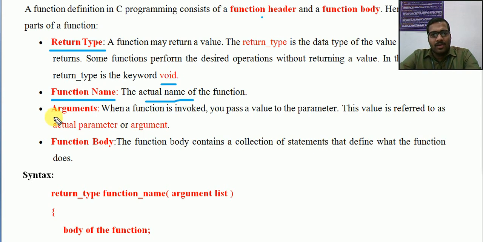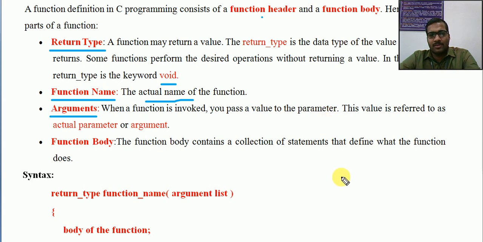Now we have arguments. Arguments is a different name given to parameters. In the declaration I was mentioning them as parameters; here we are using arguments. Parameters or arguments, the set of additional information with the function name. When a function is invoked, you pass a value to the parameter.